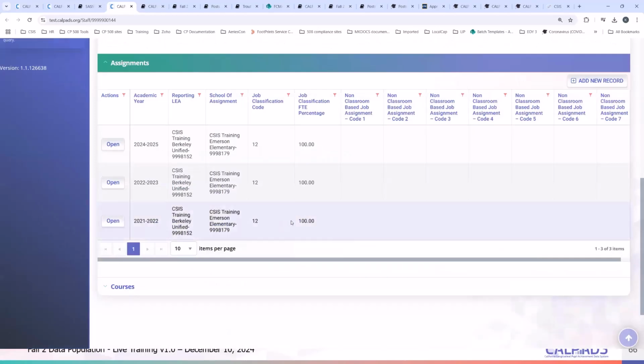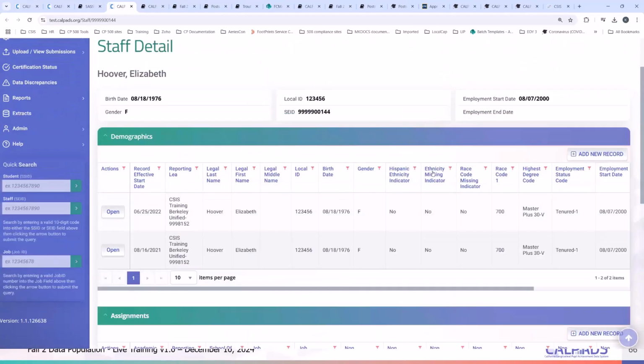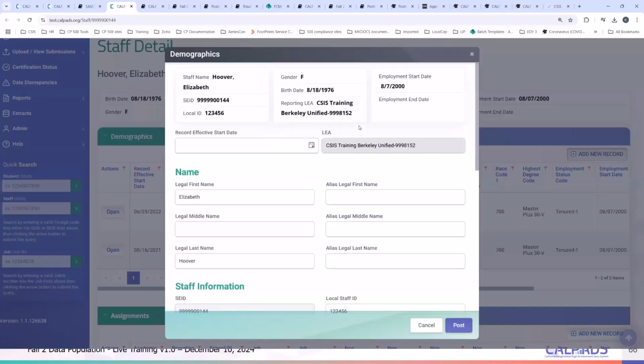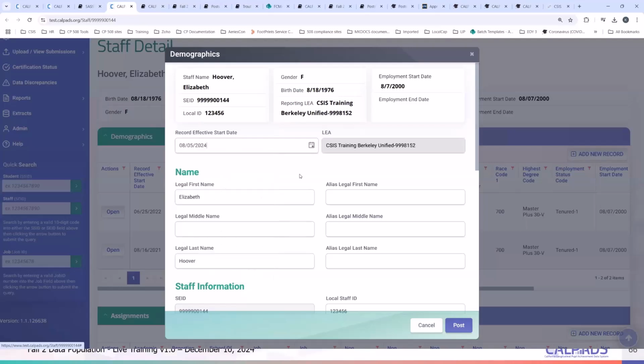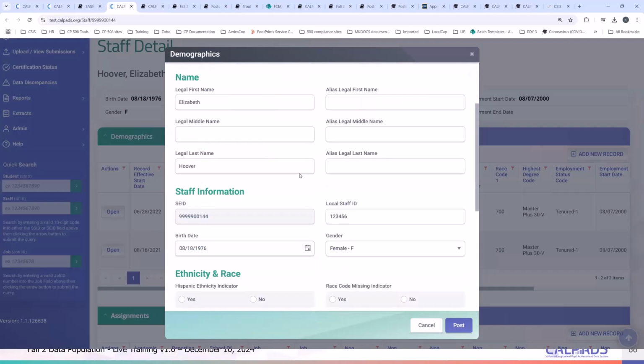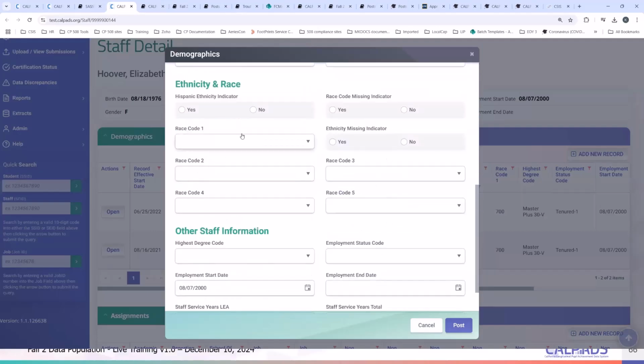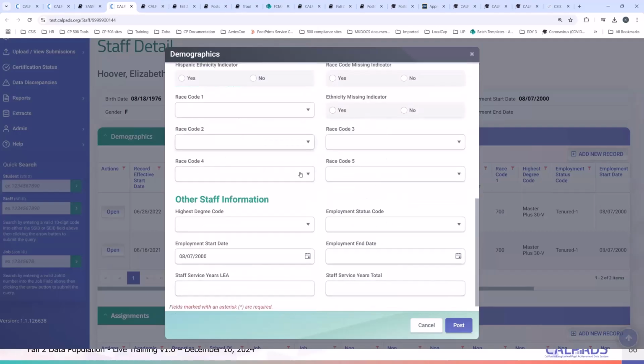Okay, so how do we resolve this? Then, of course, you just add a new record or submit your SDM file for this year if you have not uploaded your SDM file to CalPADS yet. Okay, so let's just say the staff member was here since August 5. That's the start of the year. And then you also have to populate the race and ethnicity.